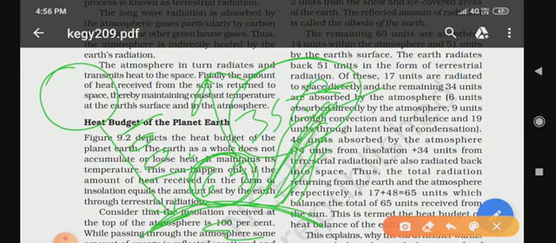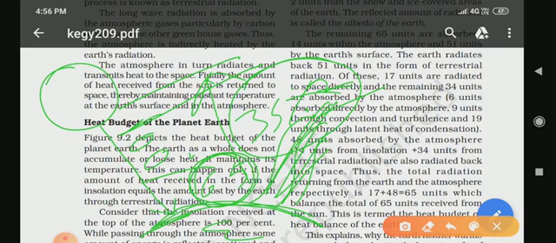the form of terrestrial radiation. So what is terrestrial radiation? I explained it previously in this topic, in this part only. So this happens during the night. Out of this, 17 units radiate directly to space, and the remaining 34 units are absorbed in the atmosphere. Now the breakdown of the 34 units would be 6 units absorbed directly by the atmosphere, 9 units through convection, and 19 units through latent heat. Latent heat I will explain in the next video, students.